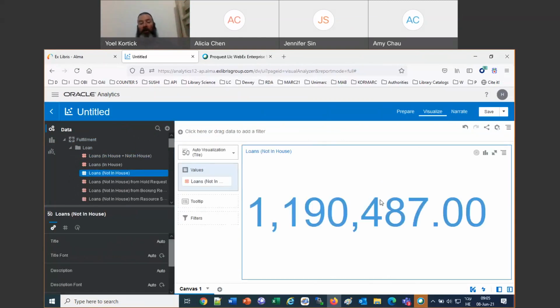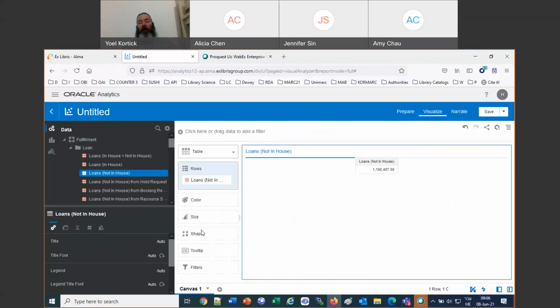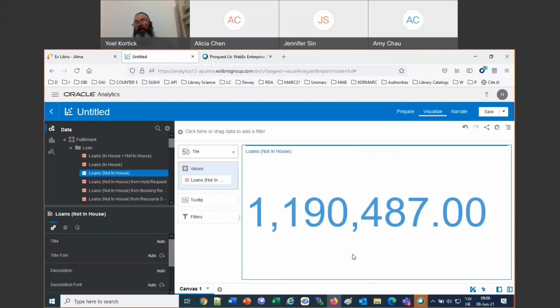When I drag in a measure, this is a measure, it automatically becomes a tile, and I'm going to change this to a table. I'm changing the visualization to a table. Boom. So now I've made it a table. Now, by the way, we see here, I'm going to put on my glasses to see this. We see at the end, by the way, that it says 0.00. Let me put that back as a tile. The number is